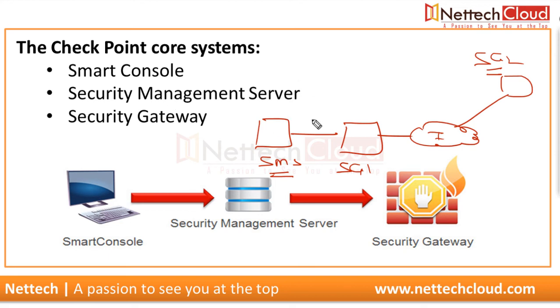So local gateway can be easily managed. And you understand why? Local gateway can be easily managed because local gateway means there is no other firewall coming in between, right? So we really don't care about different communication ports. But what about managing security gateway 2? Security gateway 2 is not local, right? No, traffic needs to pass through this local security gateway 1, between SMS and SG2.